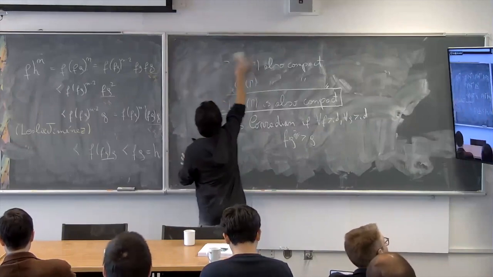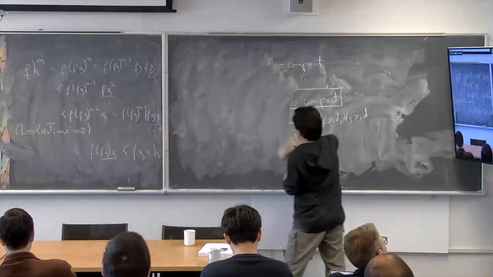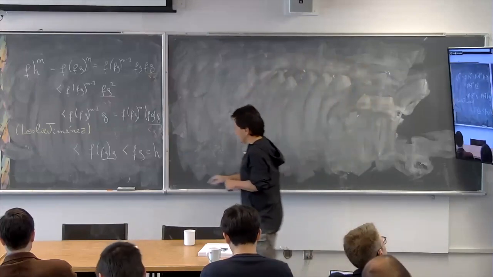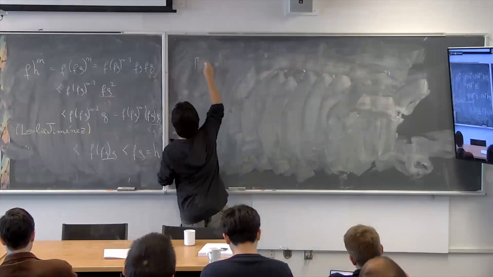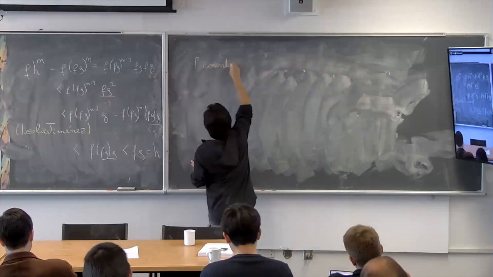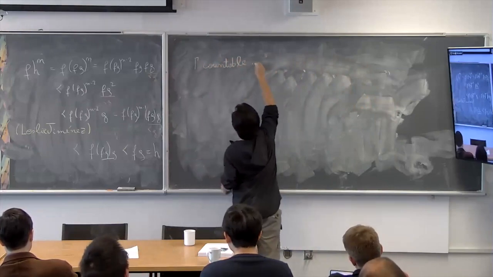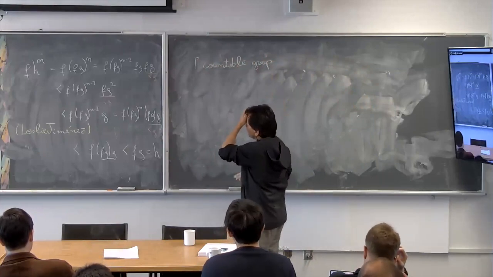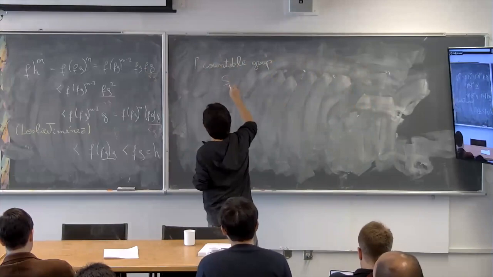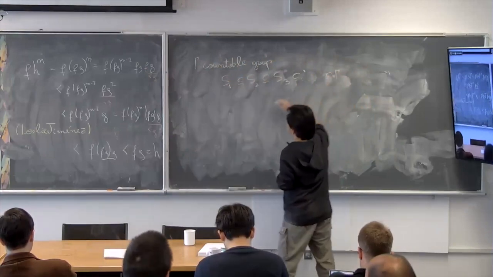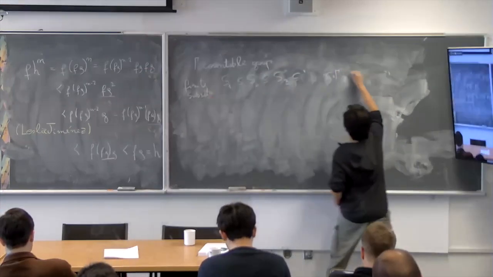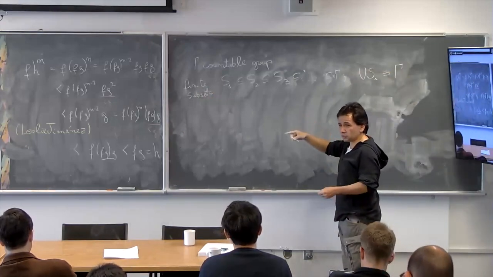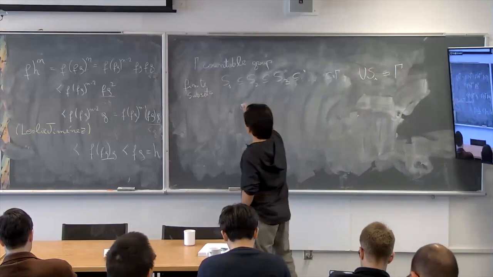So let me now move on to the case of, say, countable groups. If I take a countable group, then I can consider a sequence of finite subsets such that the union of them is the full group. And I can define a distance between two orders. A natural distance between two orders